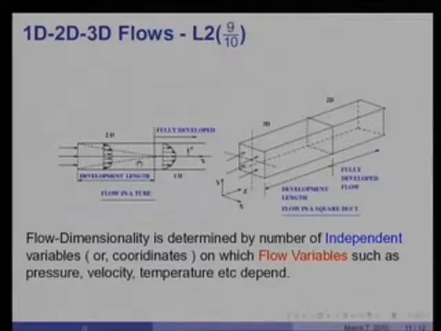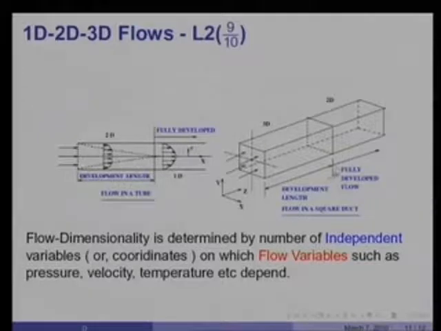The third dimension is not involved because we are talking about an axisymmetric flow. So the development length flow is 2-dimensional, but the fully developed flow is only 1-dimensional in the flow in a